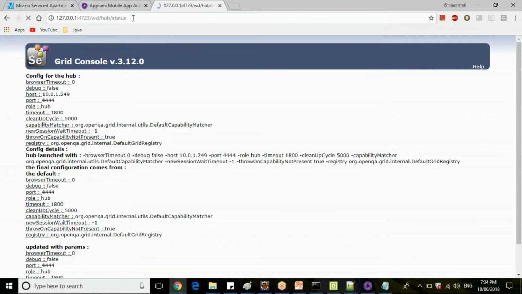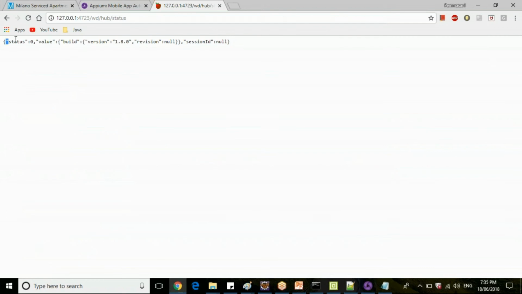Once I hit this one, I'll get a JSON response telling what is the version of this particular APM server installed here. And if any session is started, it will give me a session ID. Because I have not started any session here, it is bringing me null. Okay.